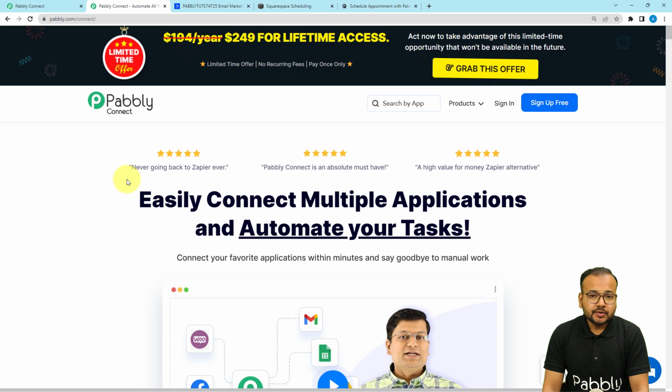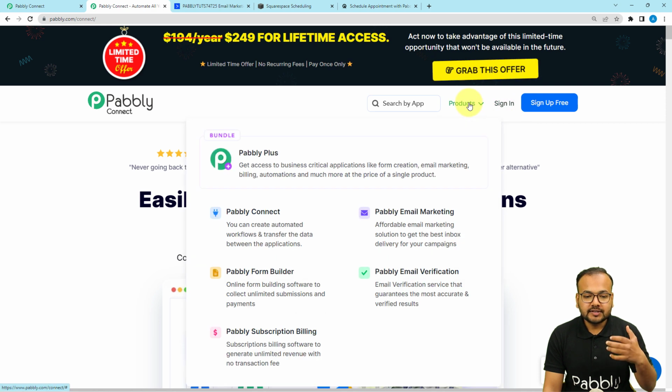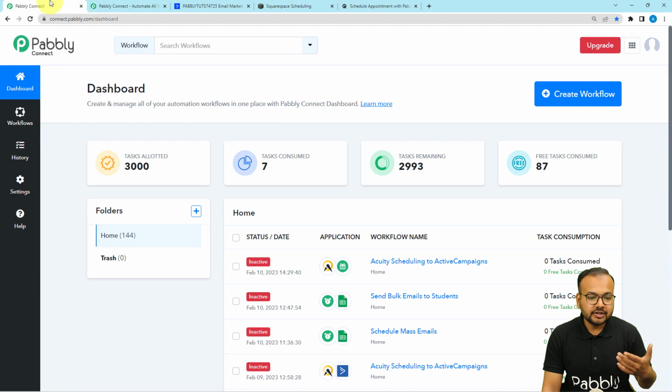So we are going to use an automation tool called Pabbly Connect for setting up this automation, and this is the landing page of Pabbly, and from here you can sign up for free. So guys, I have pasted this link in the description as well, so you can sign up right now and you will get free automation tasks every month to test and set up your automations. After that, you can sign in and select the Pabbly Connect product and you will reach the dashboard of